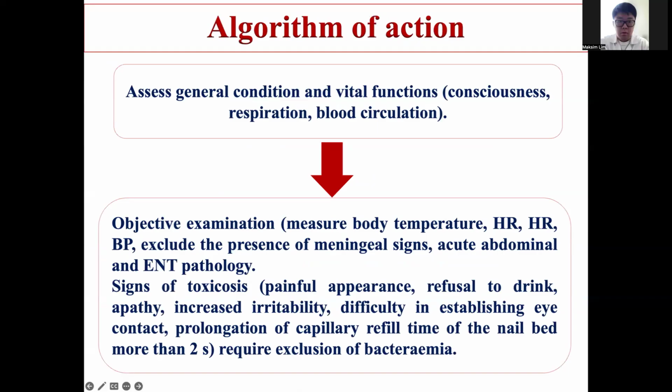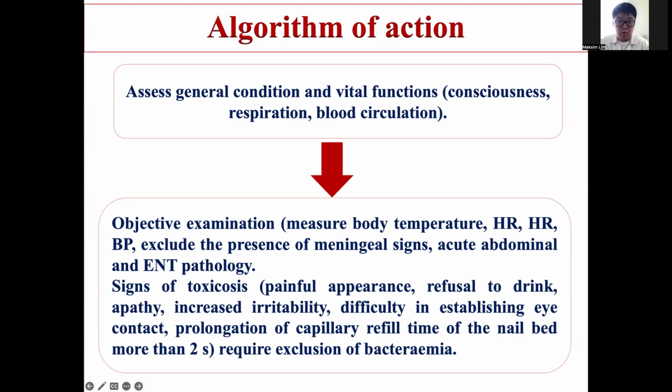The algorithm of action: first, we need to assess the general condition and vital functions like consciousness, respiration, and blood circulation. Next, we need to make an objective examination to measure body temperature, heart rate and blood pressure, and exclude the presence of meningeal signs, acute abdominal